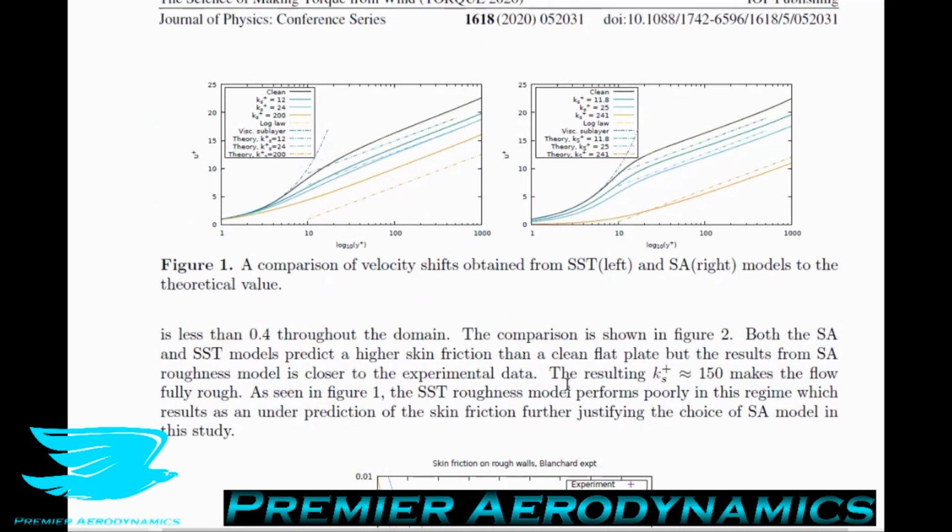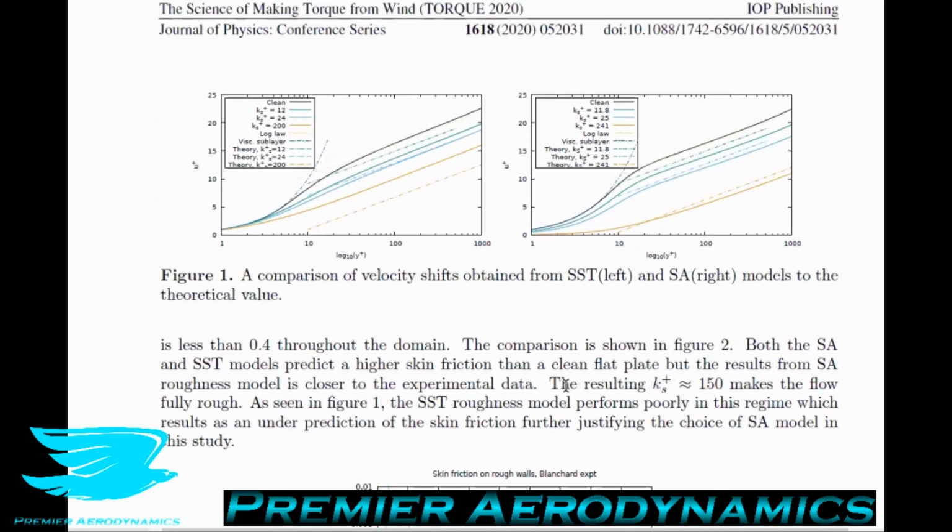They say the velocity profiles for different roughnesses are presented in Figure 1. The plate domain is 2 meters long and it's a Reynolds number of 6 million, so pretty much it's going to be turbulent. A minimum Y plus value of 0.4 is maintained on the flat plate. So that's quite nice. From Figure 1, we can see that the clean case matches the viscous sublayer and the